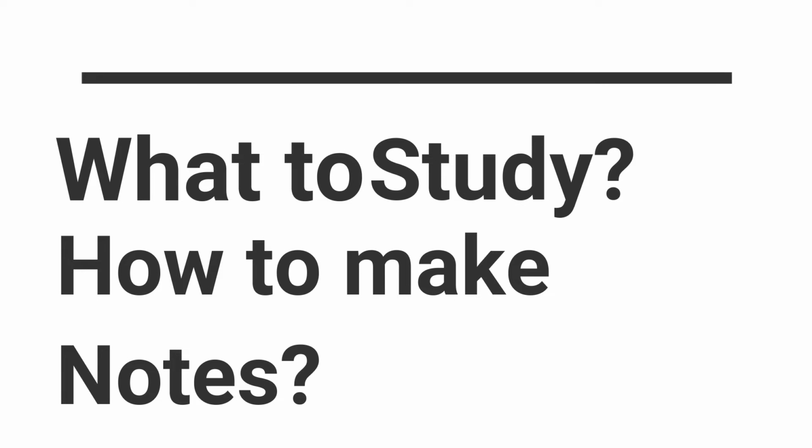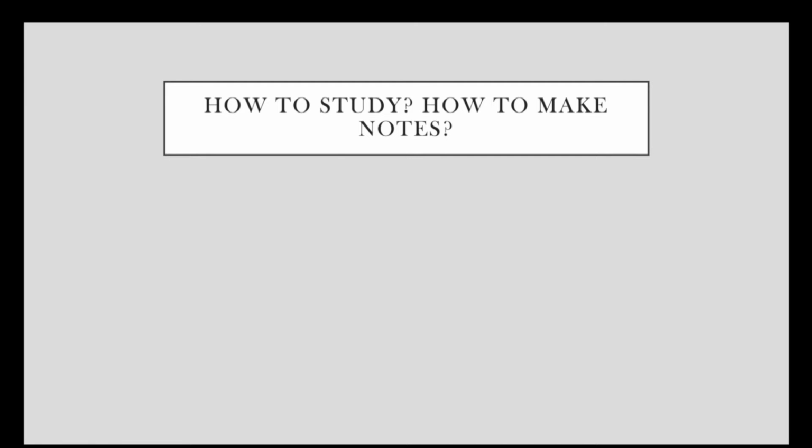The next topic is also a very common question: what to study and how to make notes. Now, as I said, for the ideas that we have discussed in the previous slides, it's very important to form a general outline of the station. So: eliciting the presenting complaint, risk factors, 2-3 risk factors, 2-3 differential diagnoses, past medical history, social history, lifestyle, investigation and examination, disclosing the diagnosis and the management of the patient. So this is the basic outline of the station, except the ethical and the counseling station, of course.